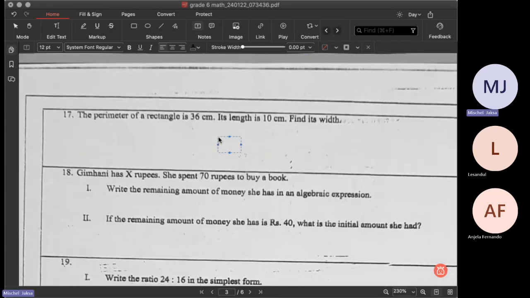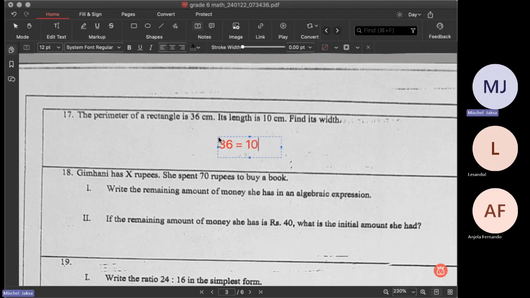Okay, the perimeter of a rectangle is 36 and the length is 10. So what would be the width? How are we going to get the perimeter? We have to add all the sides together. So 36 is equal to 10 plus 10 plus width plus width. So 2 times width plus 2 times 10. If we subtract 2 times 10 from 36,